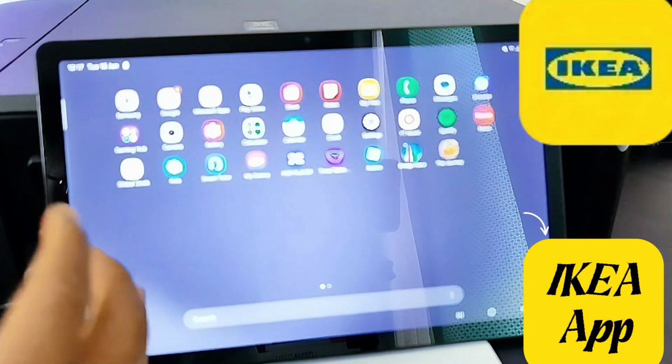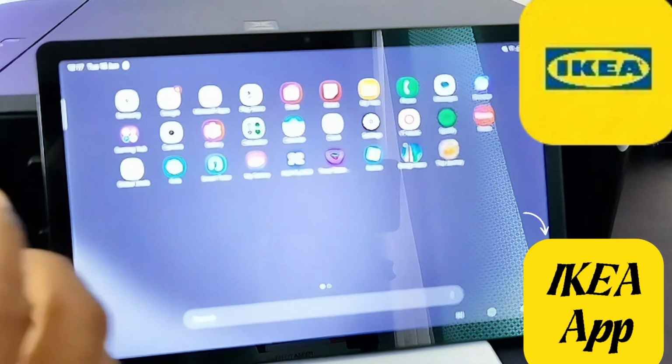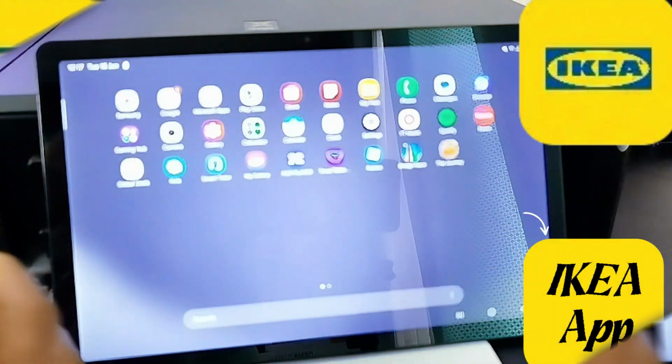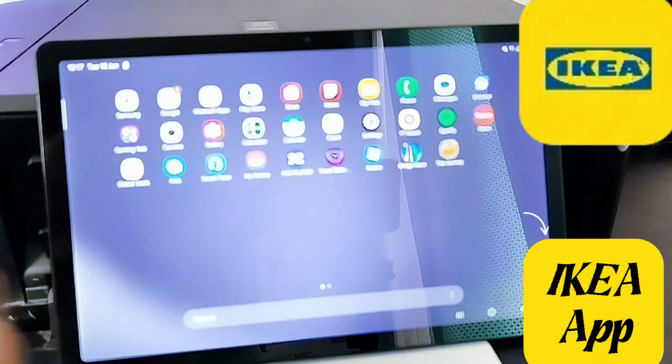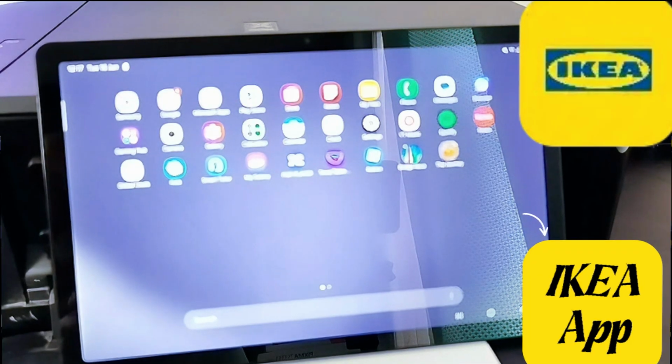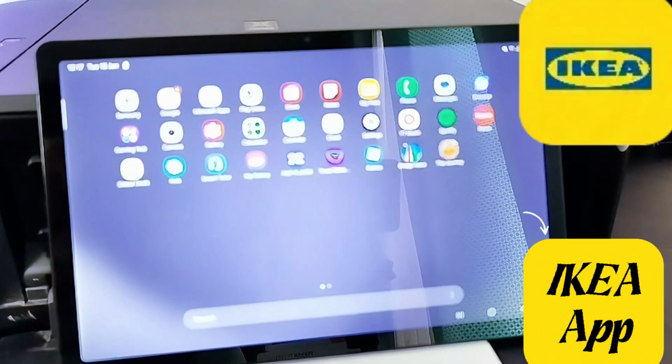In this video guide, I want to show you how to install and download the IKEA app. The IKEA app is a free comprehensive mobile tool for iOS and Android designed to elevate your home furnishing and shopping experience. It integrates store navigation, augmented reality, design tools, and loyalty rewards in a single platform for use at home